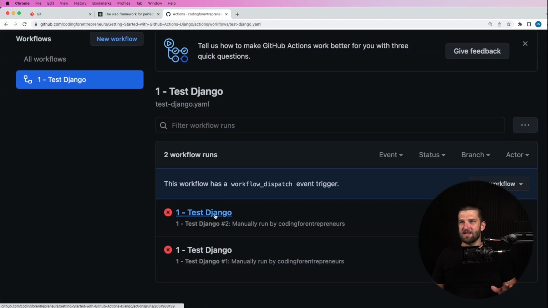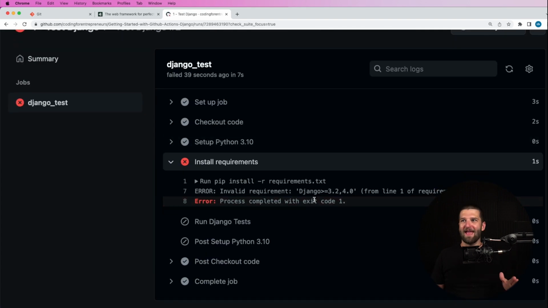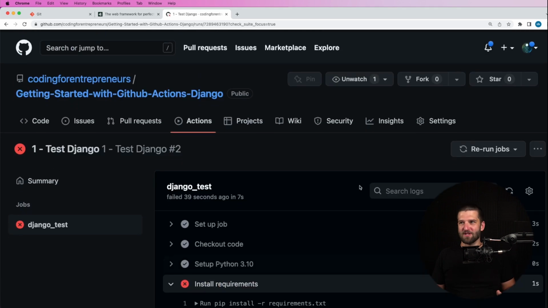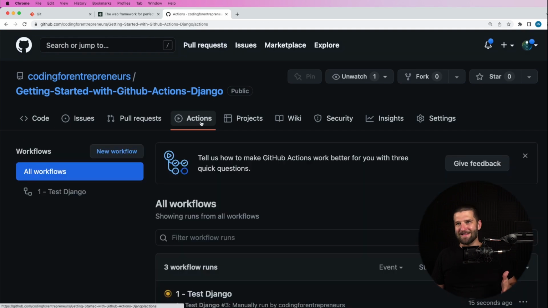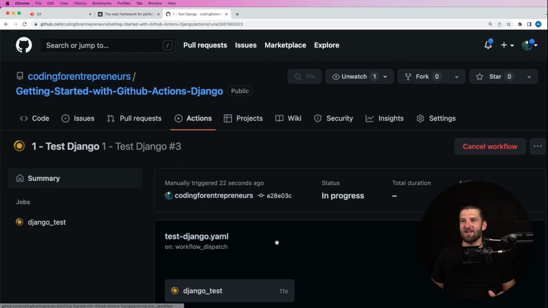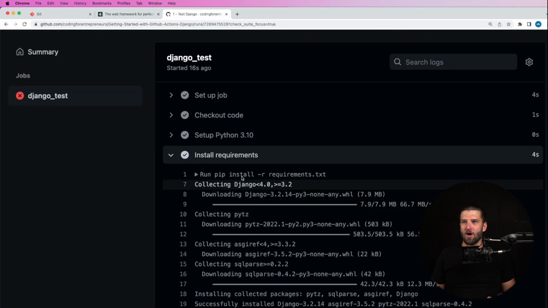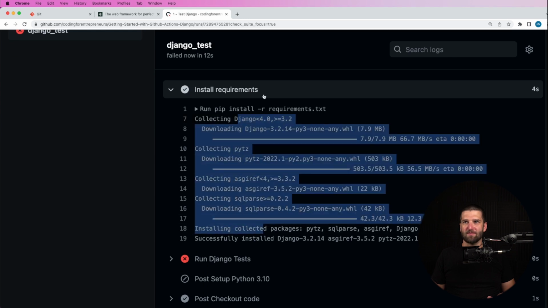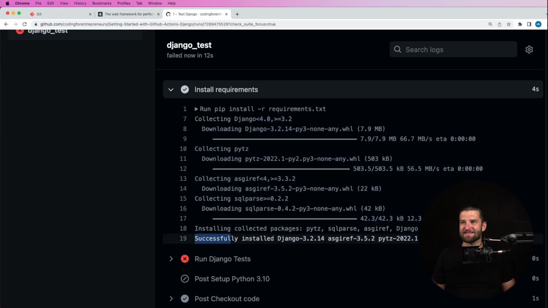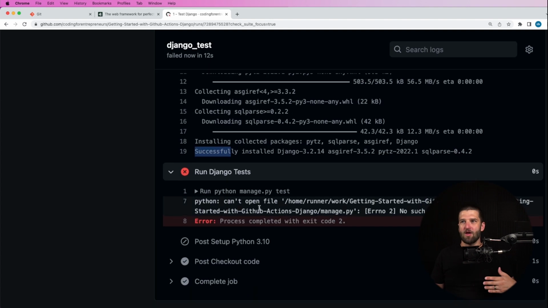Now, this is very common actually. You have some sort of error in your code and GitHub Actions can catch it. In this case, it did catch it and it showed us what that was. It's a really silly error, but it's an error nonetheless that GitHub Actions is helping me be a better developer because it's catching errors like that. And so when we come in here, we're running it now. Install requirements ended up working, and we can see the install steps for at least Django, and that it had successfully installed Django. And then, of course, now if we try to run our Django tests, well, that fails